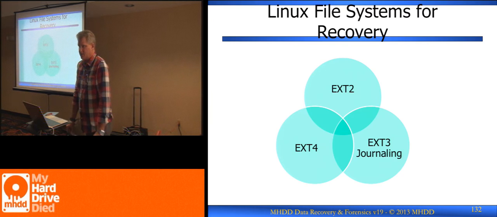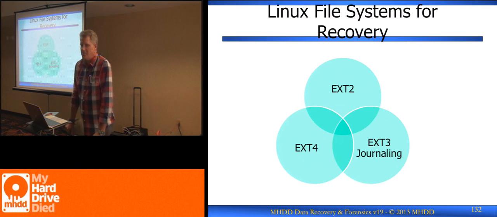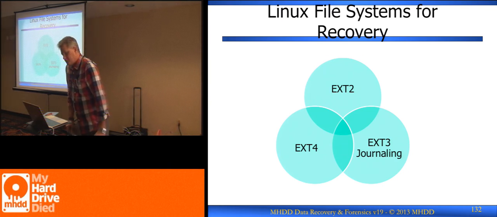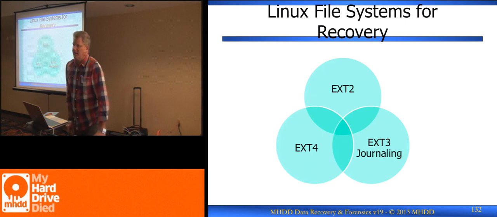Like a single sector failure could cause the same problem as it does on Mac OS X. But because of Hans Reiser, we call it the Reiser file system. Hans Reiser killed his wife and buried her on a trail in San Francisco, and so that seemed to hurt his file system quite a bit. I can't understand why, but he opened it up to the public, and so apparently other people have carried on the torch, but it's kind of disappeared. One of the reasons that you would have had the Reiser